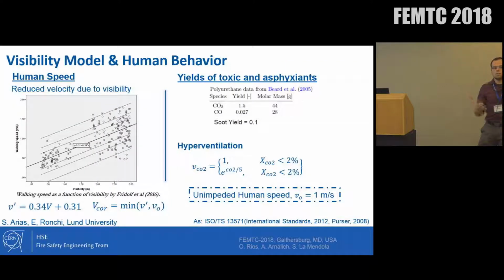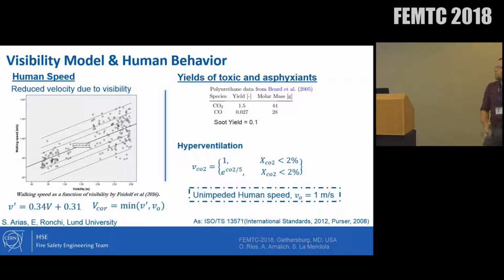But there is something missing here. I'm talking about the FED. To account for FED, we need to account for an evacuation model. So we needed an evacuation model, and actually here the easy thing is that the 1D approximation of an evacuation model is quite certain here, because the tunnel is 1D. So either you go in one direction or you go backwards, to the other direction. So we went for a 1D model. We developed it with the help of Lund University, Silvia Arias and Enrique Ronchi.